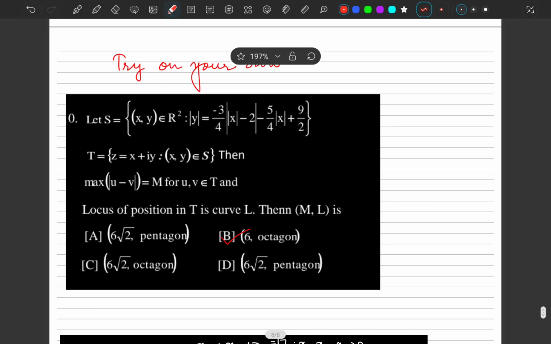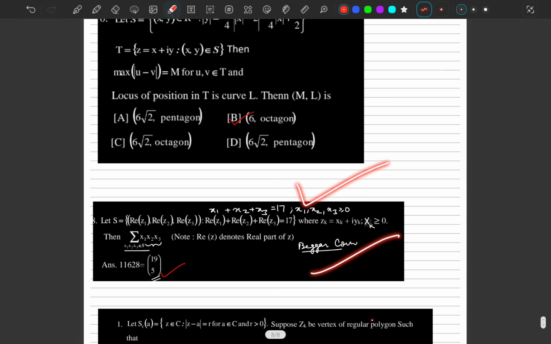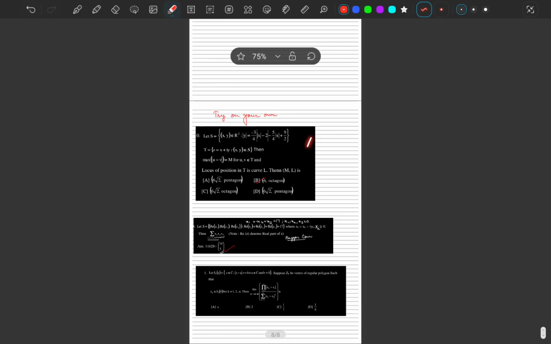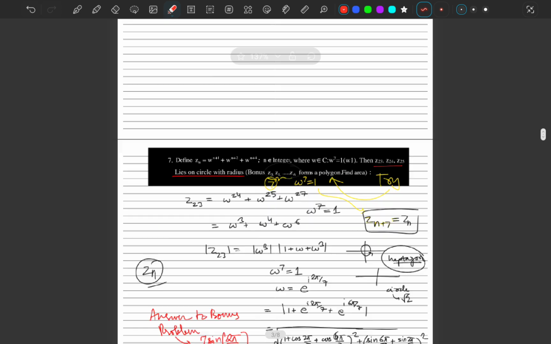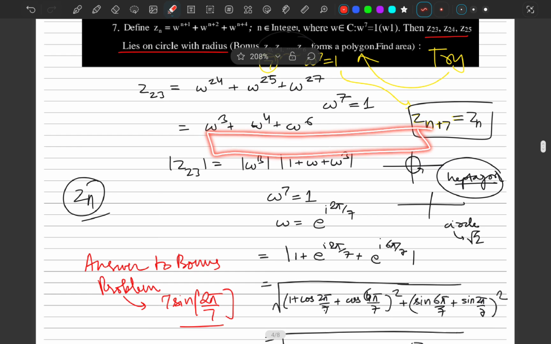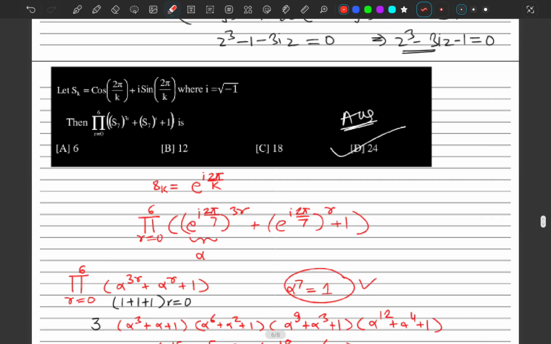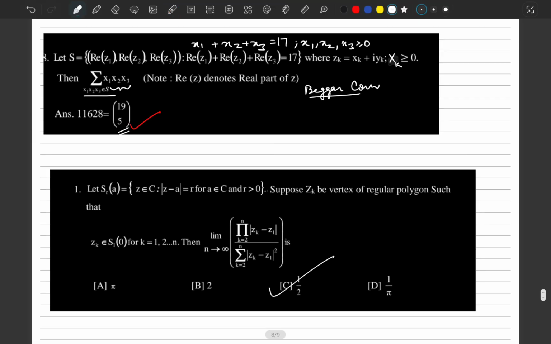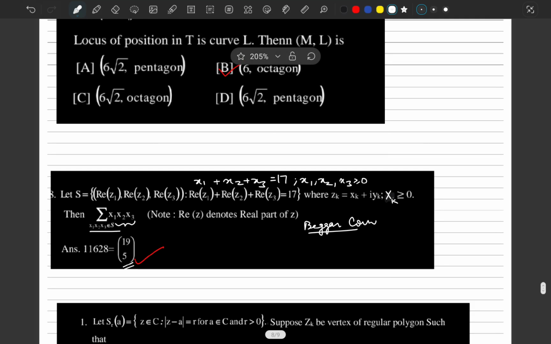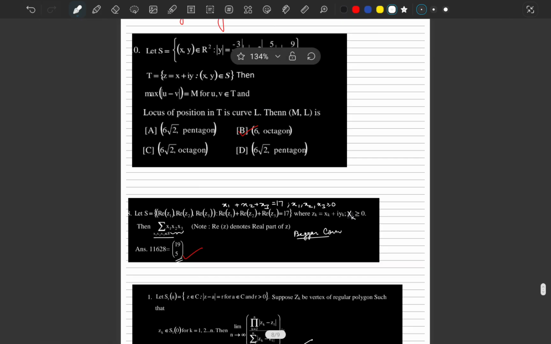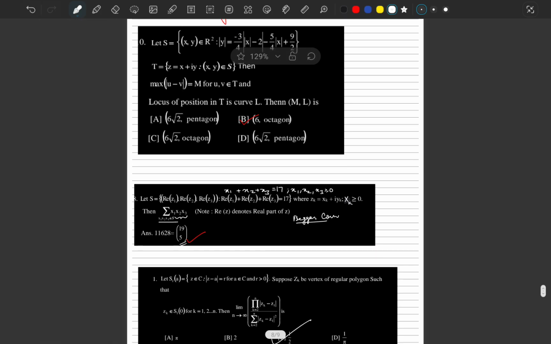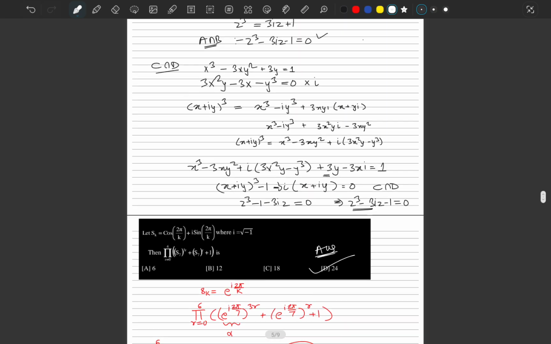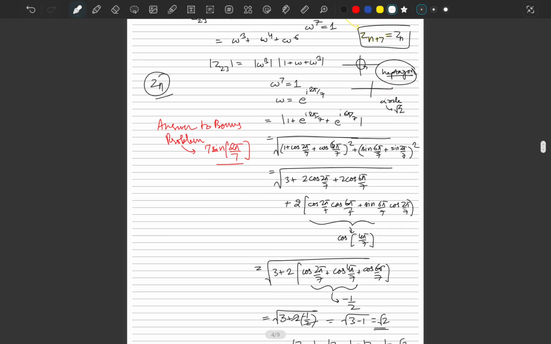So this is your try on your own. This first problem, second problem, and this third problem, and there is also the bonus problem somewhere, right? Find the area, and I have already provided the answers for all these problems, right? The answer to this is 1 by 2, 19C5 and 6 in octagon, right? So you can comment if you have any doubt in these three problems or any other problems for that matter, right? These problems are from Namma Ganit's book,